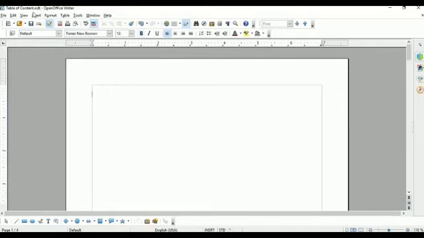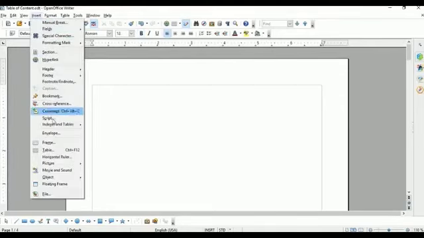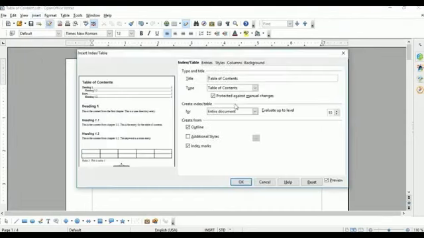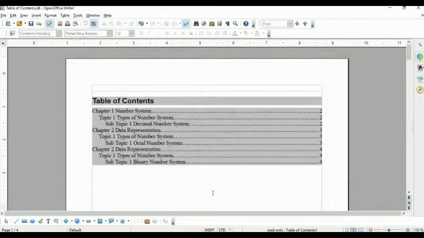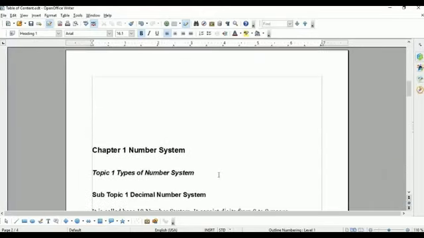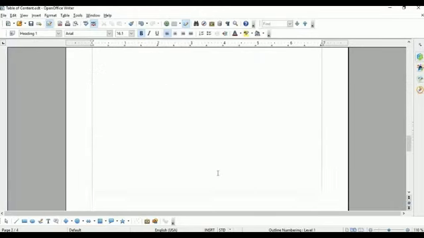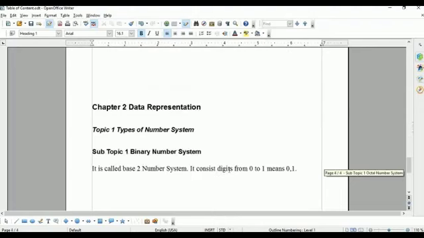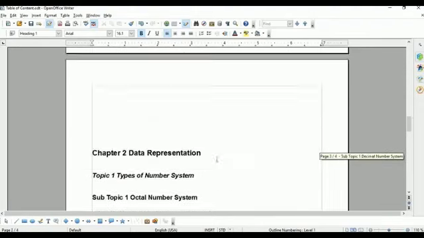Then again go to the insert menu, indexes and tables, second option. Then click on OK. See, now table of content appears on the first page. Is it clear? Now this is the second page, this is the third page, this is the fourth page. In this document total 4 pages are given.